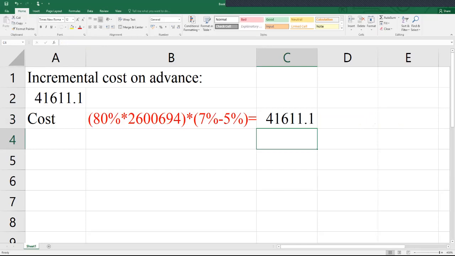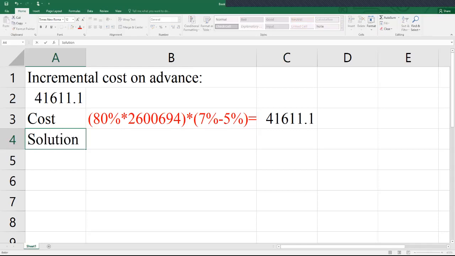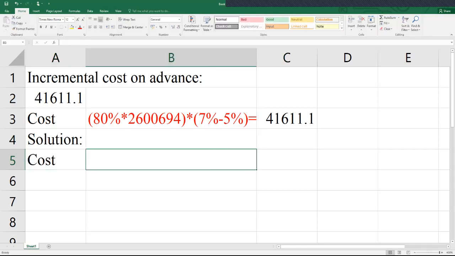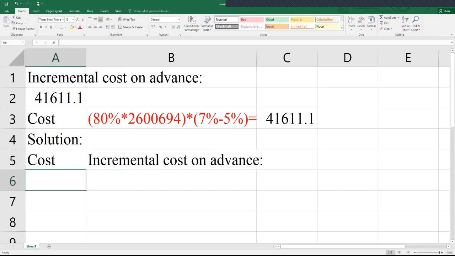Is cell referencing allowed? Yes, you can do that. For example, maybe here, let me put the solution here. I want to present the final solution. So I'll begin with savings, for example, a cost. Let me just put cost here. One of the costs I want to refer to is the incremental, so I can just call equals of that. I've just made a reference to the cell. That's what you mean.